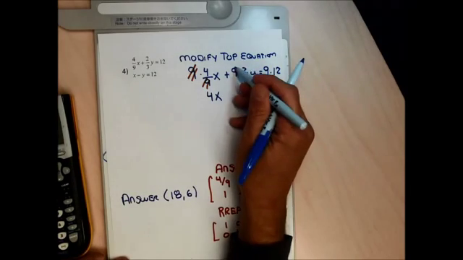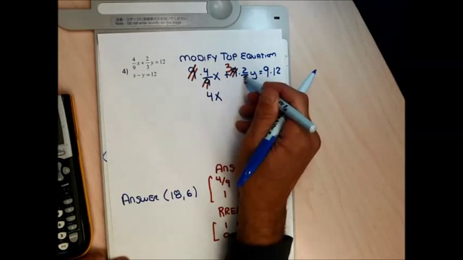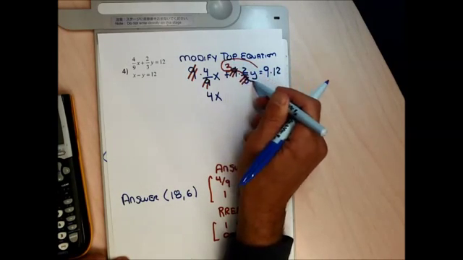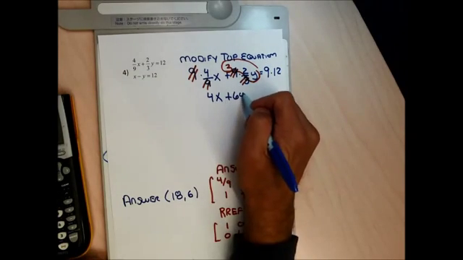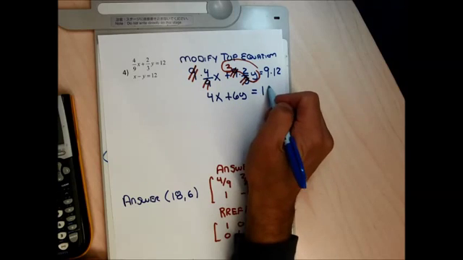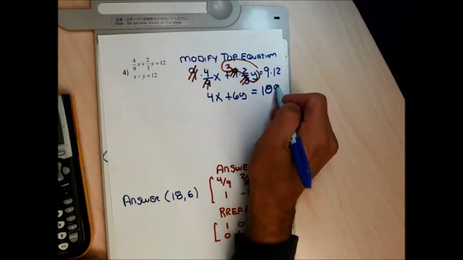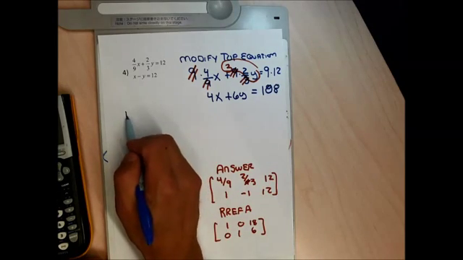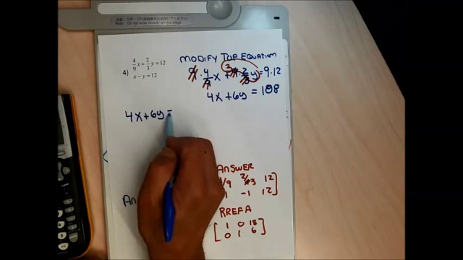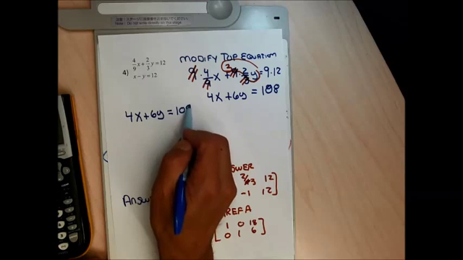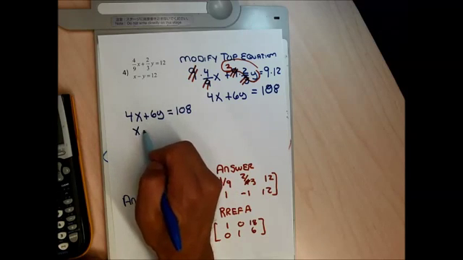Second 9 cancels with a 3 and becomes a 3. Fraction canceled, I'm left with 3 times 2 times y, which is plus 6y. And to the right of the equal sign, 9 times 12 is 108. So now I'm going to take that equation, 4x plus 6y equals 108, and I'm going to emphasize x minus